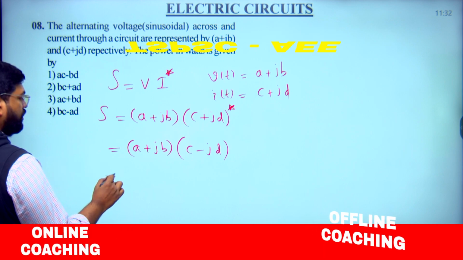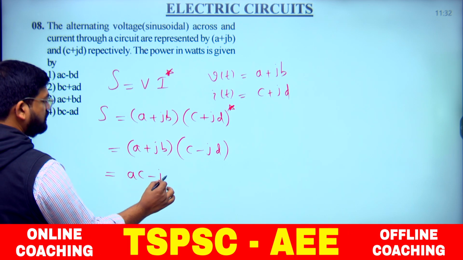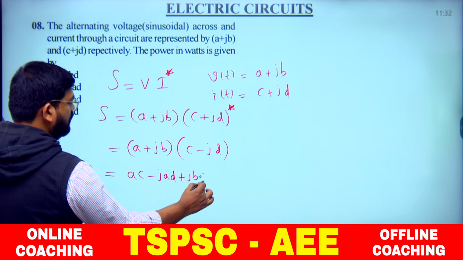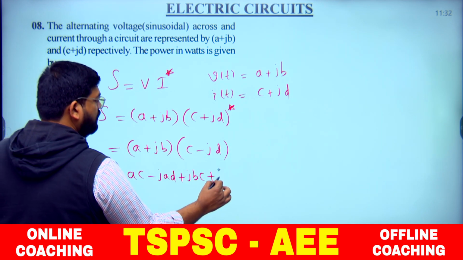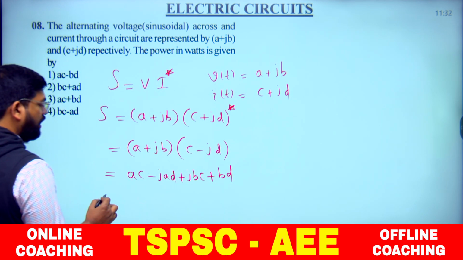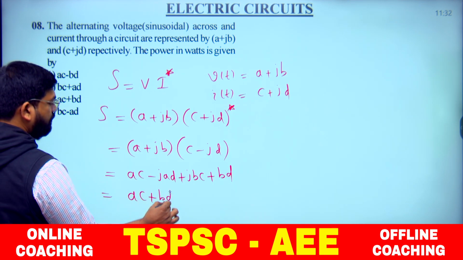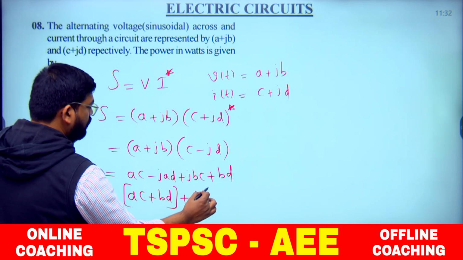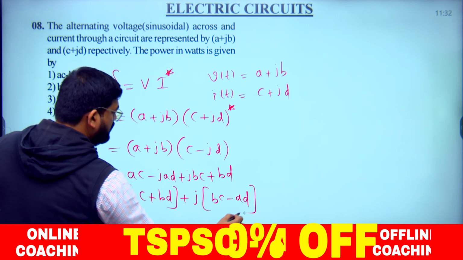Now, if you go with the multiplication, what do we get? AC minus JAD plus JBC. J square means minus 1, minus of minus becomes plus BD. Now, separate real and imaginary parts here. AC plus BD is the real part. J, if you take common, what do we get? BC minus AD, which is the